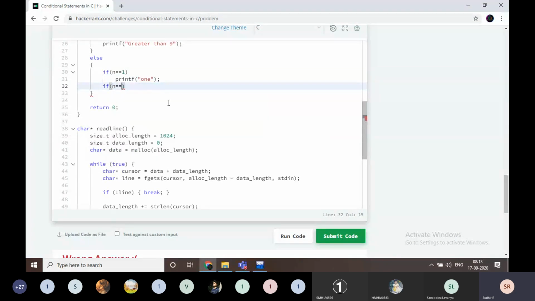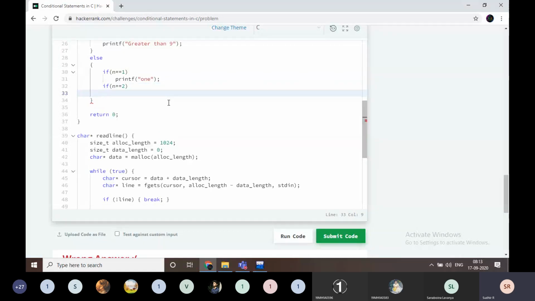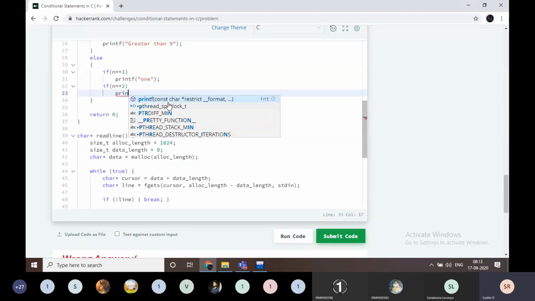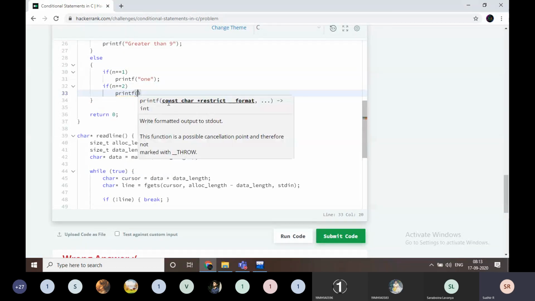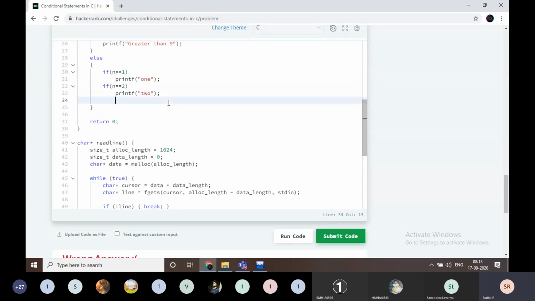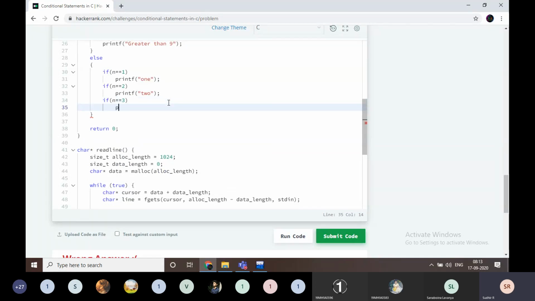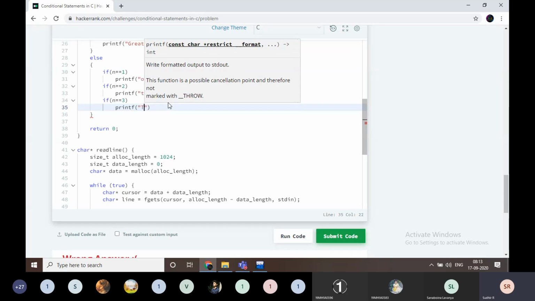If n is equal to 2, I am going to print two. If n is equal to 3, I am going to print three.